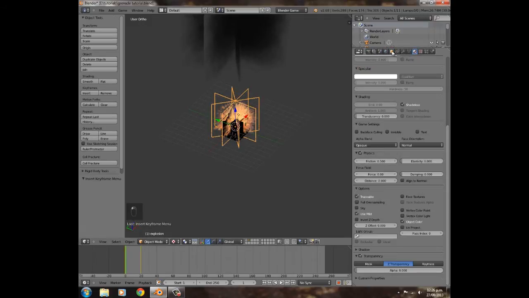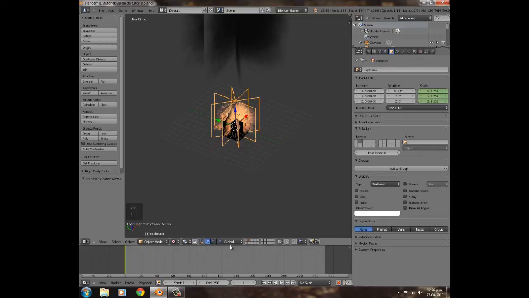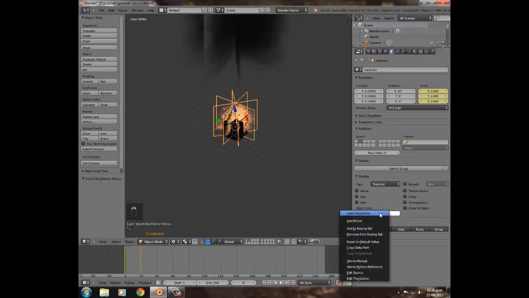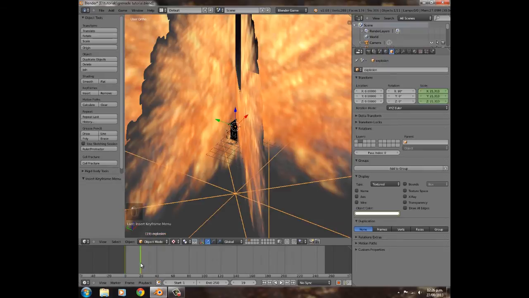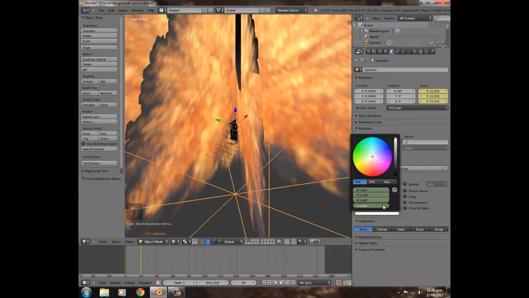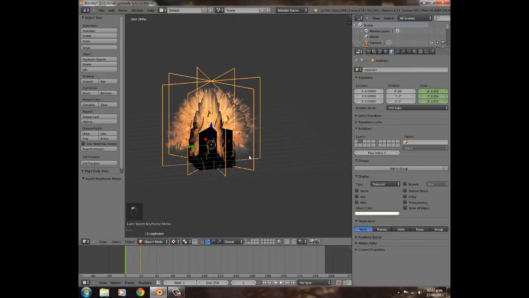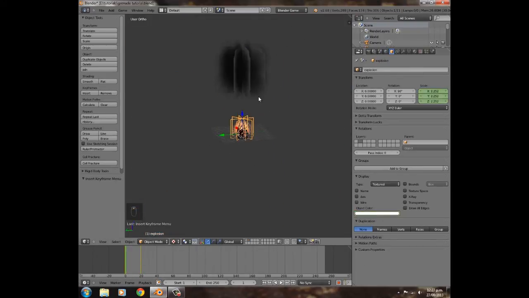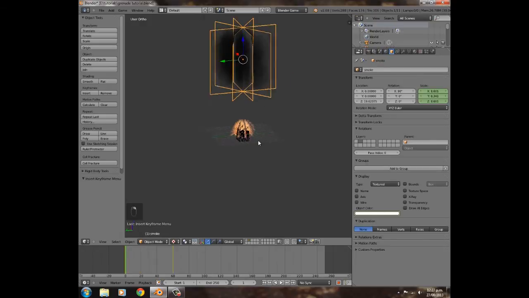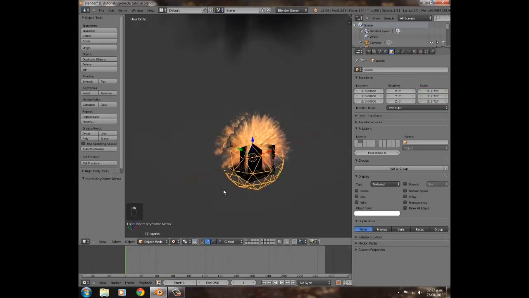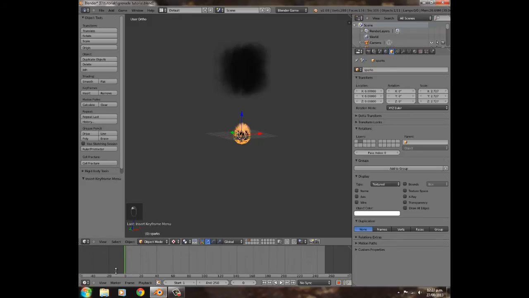Go into the object settings for explosion, frame 0, and then insert keyframe, and frame 20. Drag the alpha to nothing, insert another keyframe. Yep, so we've got the explosion done, the smoke done, now we just need the sparks here. Drag that to frame 1, press S, scale it down a bit, I, insert scaling, then